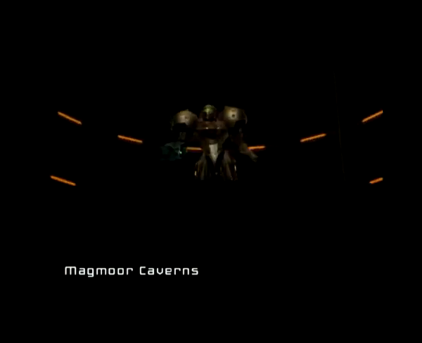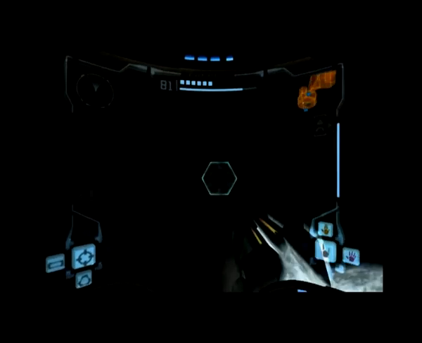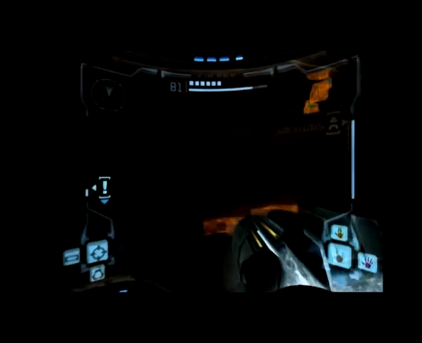Okay, so when we're going back through the magma caverns, what we're going through for is because we're going to the Phadrana Drifts, but to a specific section that we've not been to yet because we did not have the ice beam last time. So it's towards where the save station was that we saved way back. And at this point we're looking for a